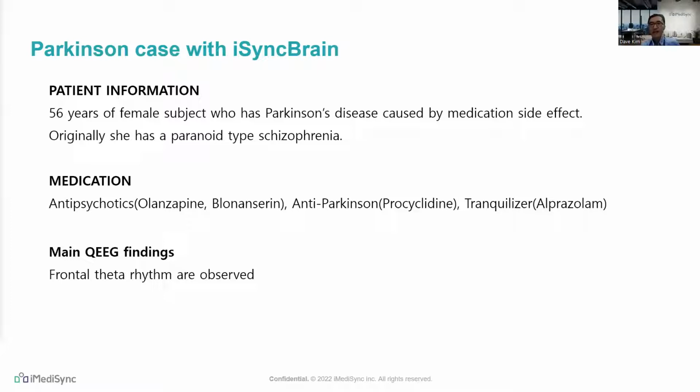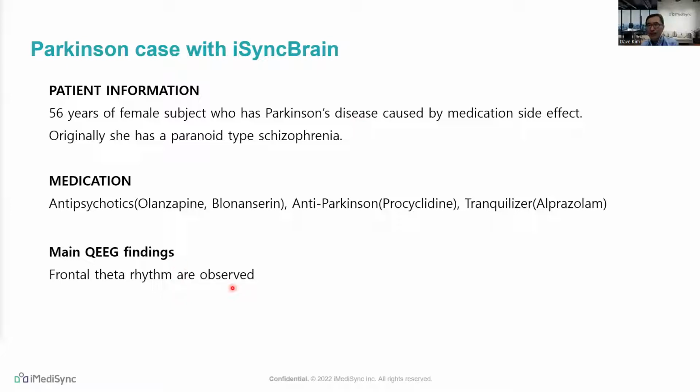She shows a very diseased facial expression and poor motor coordination. She originally had schizophrenia, and secondarily she had Parkinson disease. She takes antipsychotic, anti-Parkinson, and also tranquilizer medication. Her QEEG main finding is the frontal theta rhythm, and